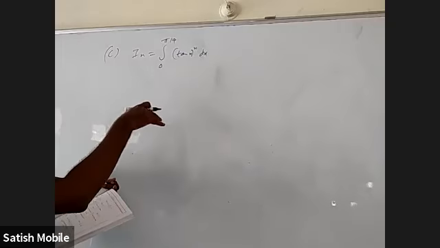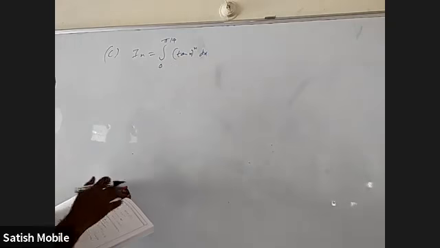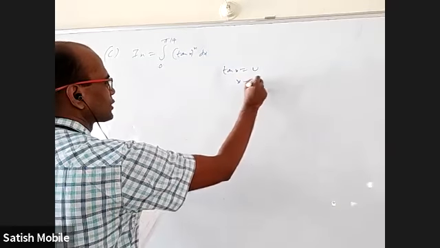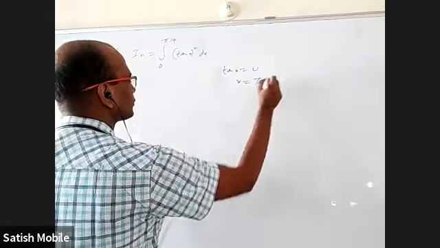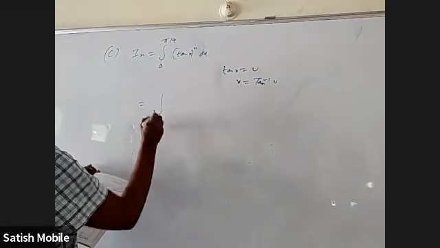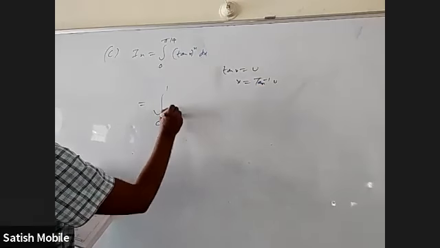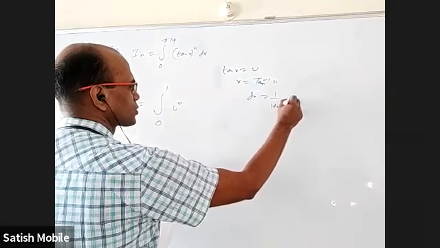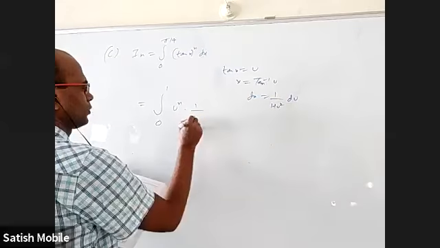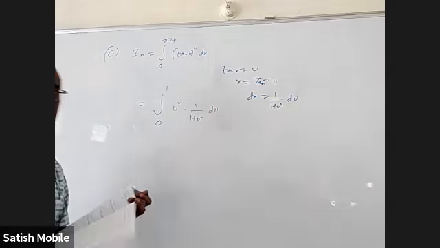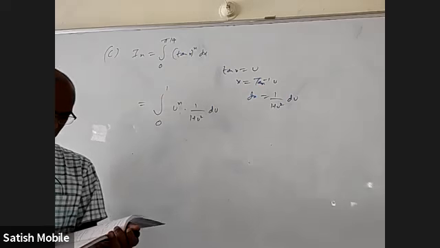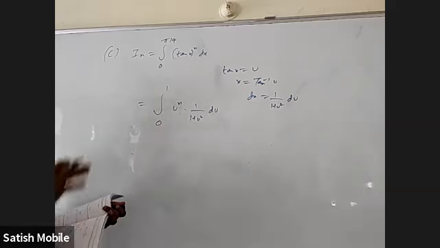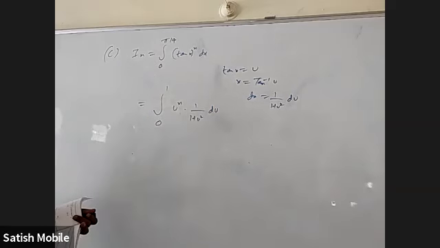Okay, so in option C, they are not planning to find this integral. They just want to express it in another form. They've already told you to take tan x equal to u, so x will be tan inverse u. The lower limit is 0 and the upper limit is 1, and this is u power n. And what about dx when I differentiate? It is 1 by 1 plus u square du, so into 1 by 1 plus u square du. That's all, nothing much. We are not asking you to simplify this. This is equal to this, that's all.